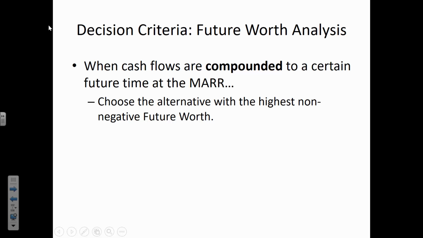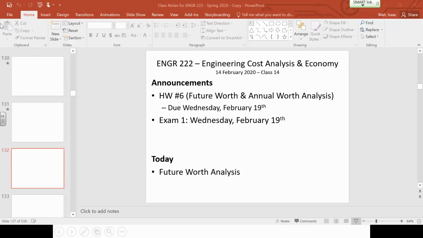So here's our decision criteria. There was a similar slide to this with present worth analysis, and I've just changed a couple of words. It says when cash flows are compounded to a certain future time at the MAR. So this first part is just a summary of what the future worth method is. But then the analysis is comparing two options, and what we do is we choose the alternative that has the highest non-negative future worth. Now the difference is that first slide, if I jump back to that briefly, when we were comparing the decision criteria for the present worth analysis,